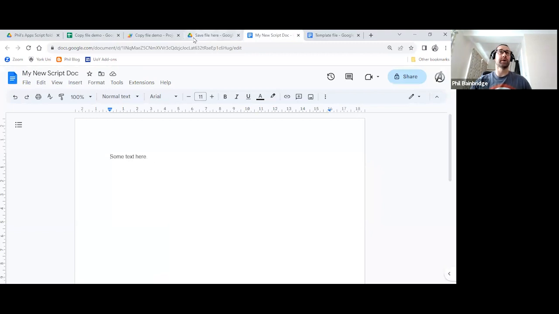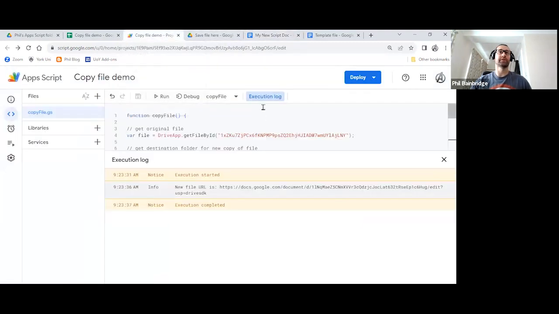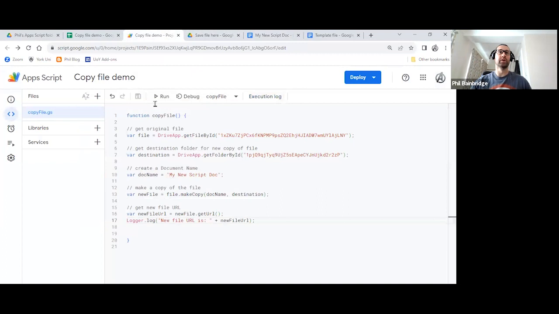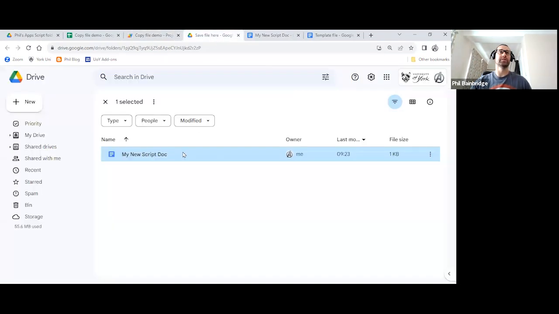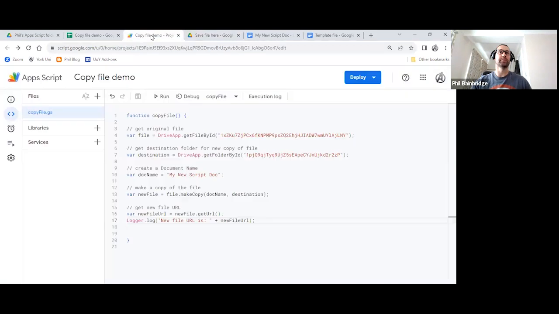So that's it. You've used some Apps Script code to make a copy of a file. Obviously, in this demo, if you run it again and again and again, it will work, and all it will do is create the same document with the same name in that folder. But as you see, this is a starting step to be able to do something much more dynamic with data from a Google Sheet, for instance.